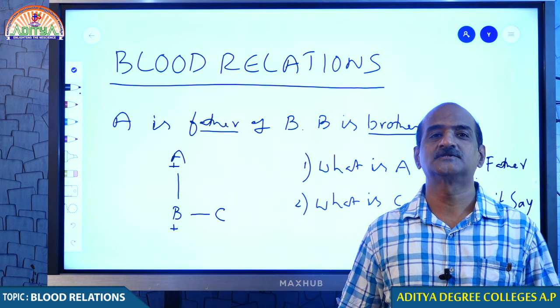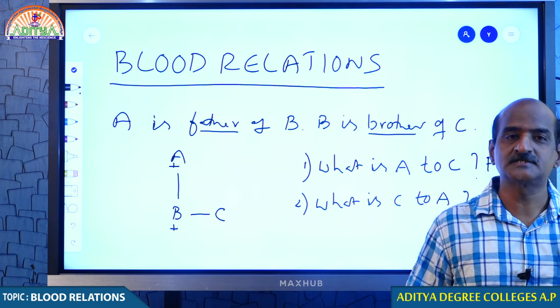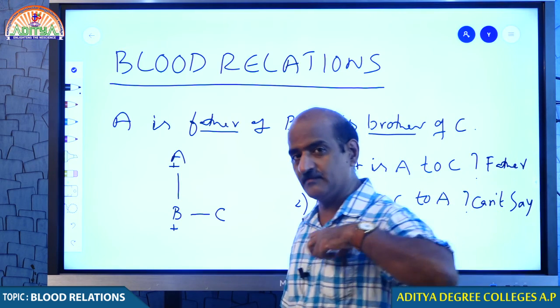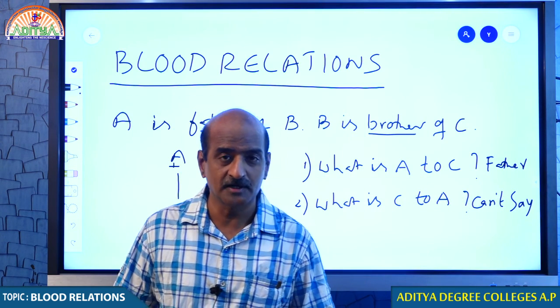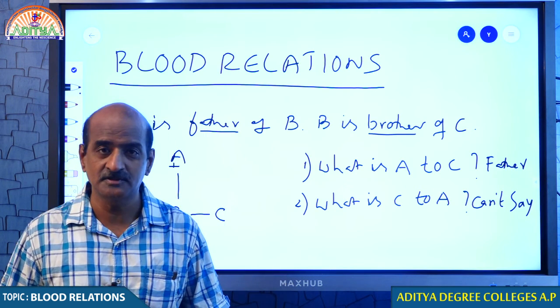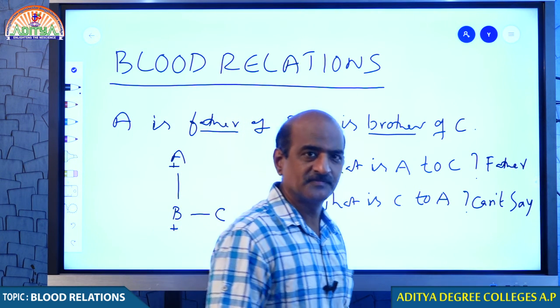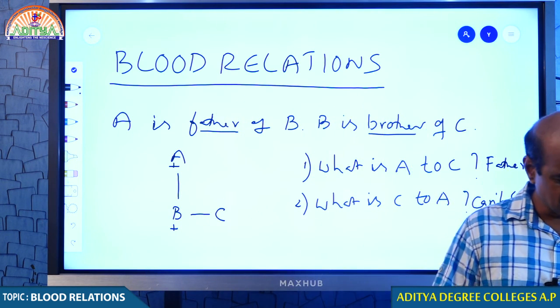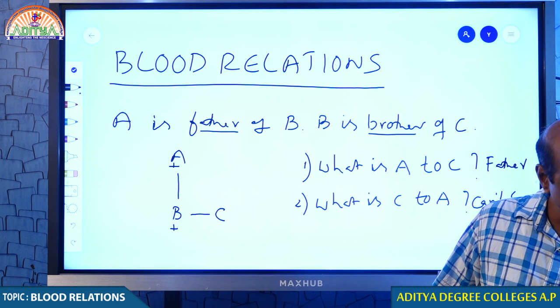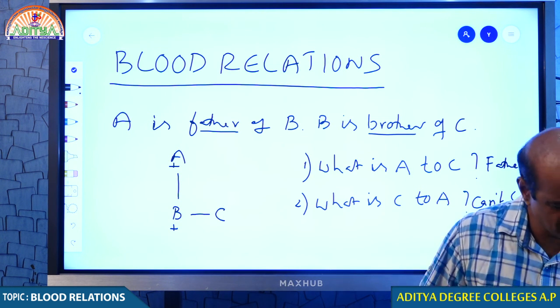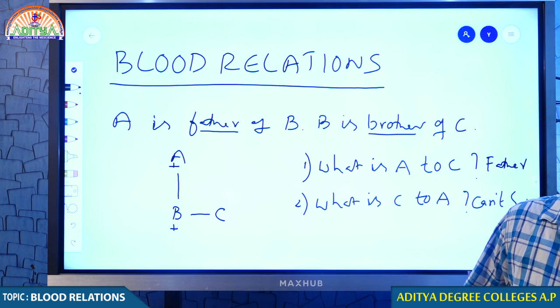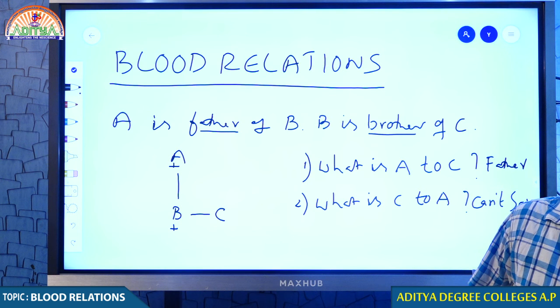I hope you understand, my dear students. So, in blood relations, to confirm the relation of any one individual, we need to know the gender. Unless we know the gender, obviously we cannot confirm. I hope that this is very clear to you, my dear students. I think I am able to make it clear to you. Probably there is no confusion, I can go ahead. Somebody says son, no, my dear students. You can't say whether son or daughter, because unless you know the gender.